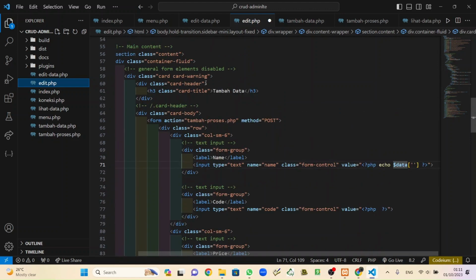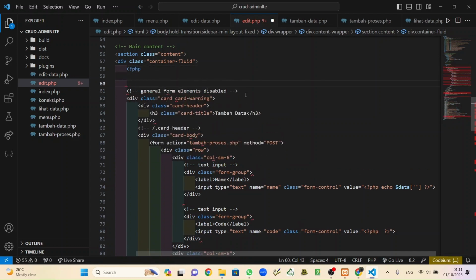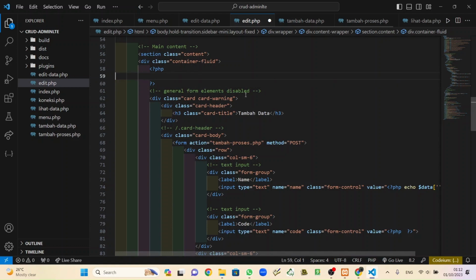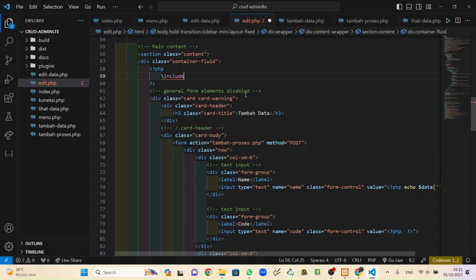Okay, add it below the container field. Where is the container field? Here. Okay, PHP. As always, include koneksi.php.